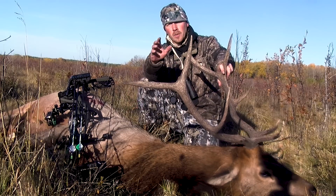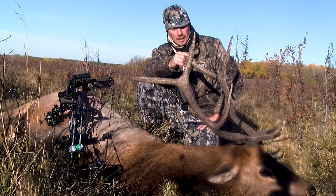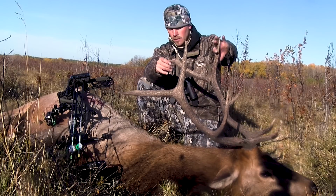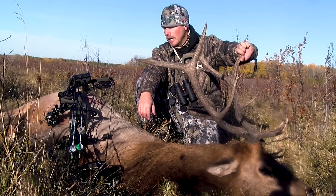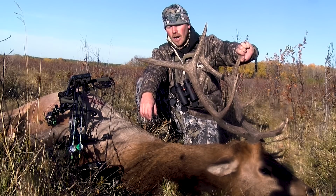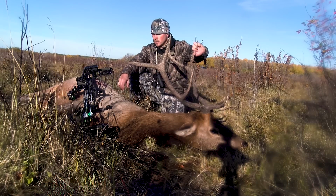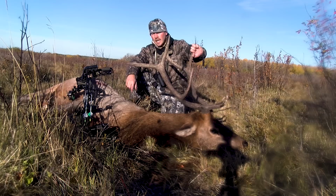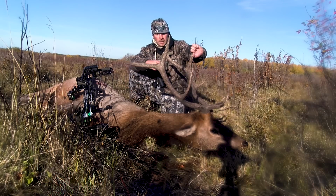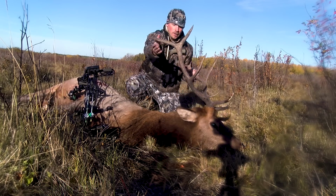I must say to everybody out there watching, I've been an outfitter here in Alberta for the last 15, 16 years, and I hunt for a living, and it's what I do. And these big animals up here in Canada, if you can, I highly recommend a fixed blade arrow. Those mechanicals have a place, but not in this style of hunting. You want a fixed blade to go through these bones, get in there and get the job done. So, but yeah, wow. Big Alberta,